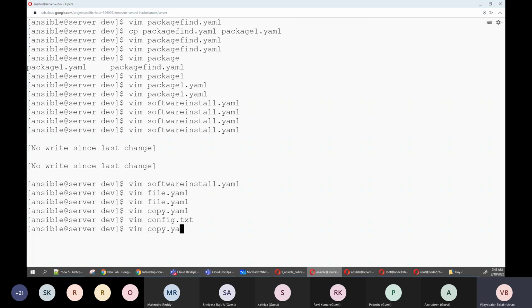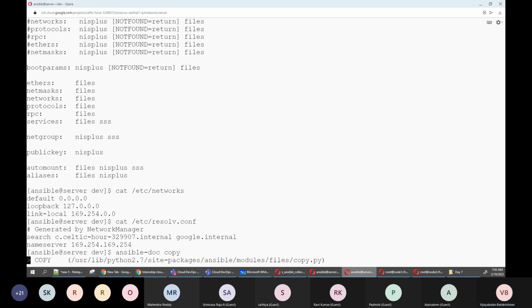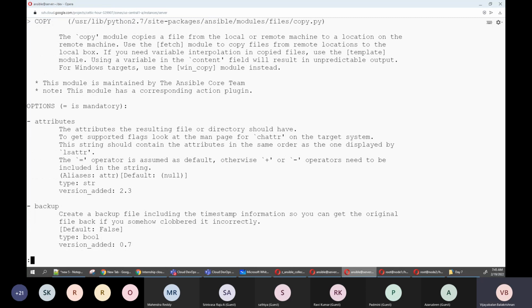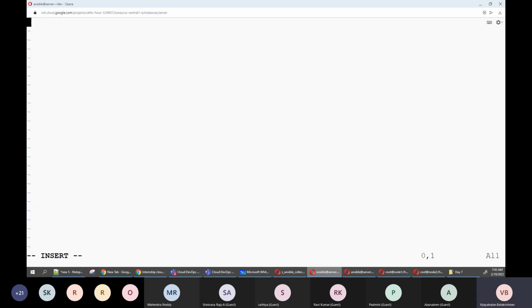What is that? copy.yaml. Enter. Go here. As I said, I don't know anything, so ansible-doc copy module. It's very simple. You mention the source file name and where to copy on each server, and if you want, you can mention ownership, group name, and mode. So say hyphen, name: copy the files to all 1000 servers.